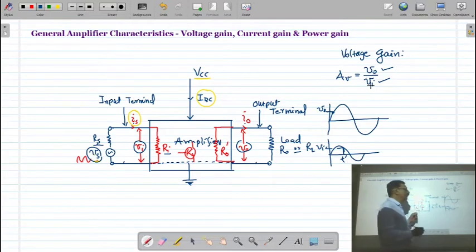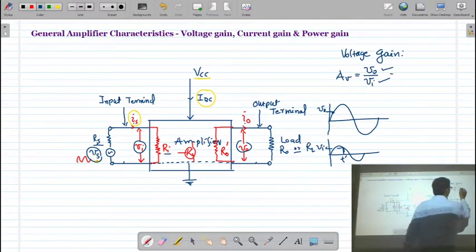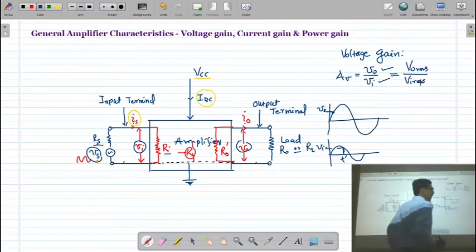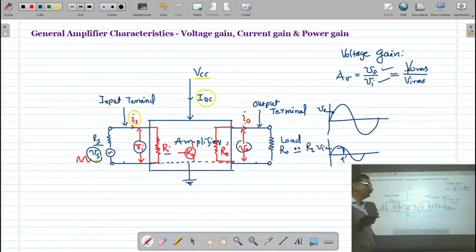Here in this case, you have to consider the RMS value of the output voltage and the RMS value of the input, because the RMS value is not changing with time. Therefore, whenever you are calculating the voltage gain, we always take VO RMS by VI RMS. And remember, here again I have used a capital letter V. What does this indicate? It is not changing with time. The RMS value is never changing with time. It only depends on the amplitude of your input signal.